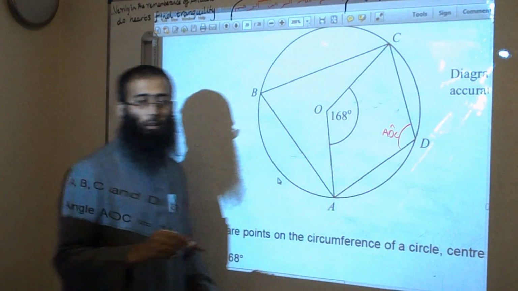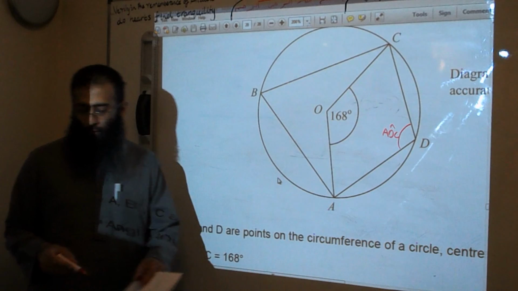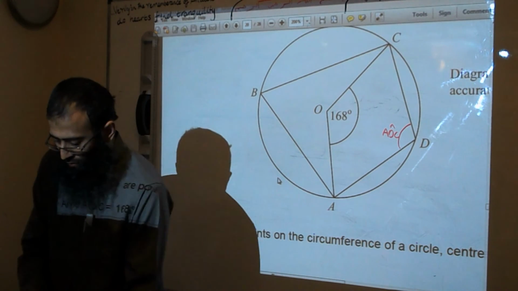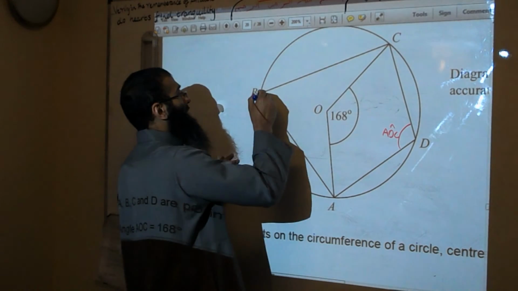ADC. What is it? ADC. Got to work out the angle. Now straight away, when you look at that question there, we should have an idea how we're going to work that angle out. Now if you look at the shape here,